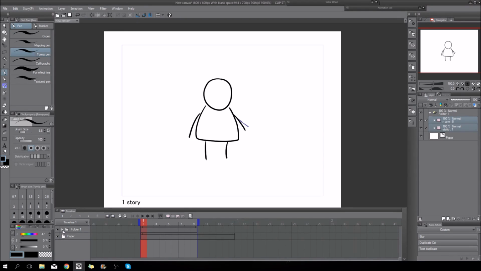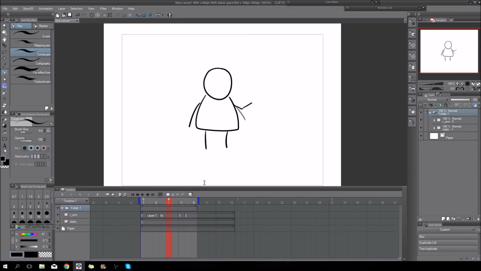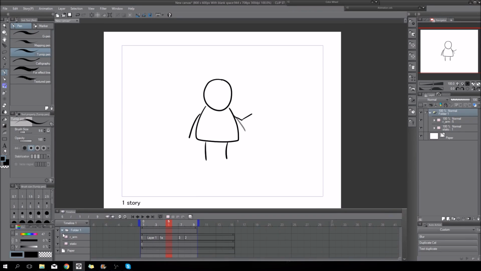So you can see in my timeline I now see my folder. I can close it, so it's nice and tidy, and I don't have too many animation layers to see, because this can get really messy after time if you have a lot of folders or a lot of animation layers.